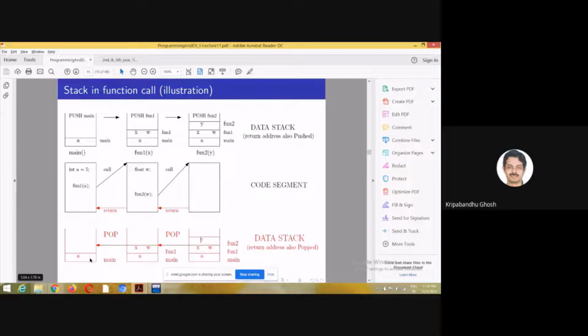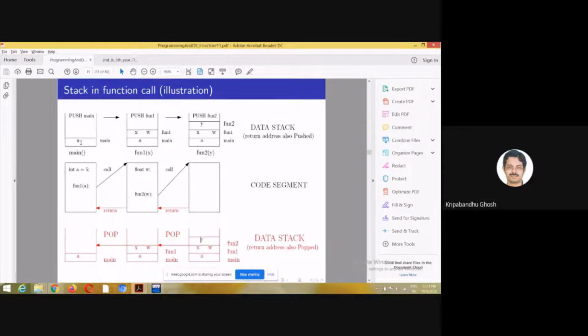The point where the control should come back to main, and what the local data in main were. That data consisted of only a, with the values, of course. If it returned some values, then there would have been some local variables in main which would have taken the values. After we return to main, this stack would be empty.